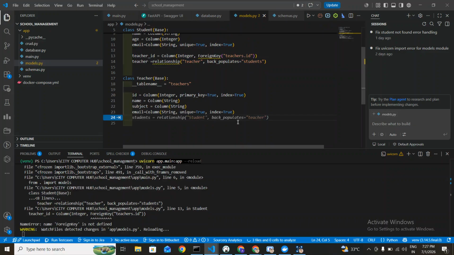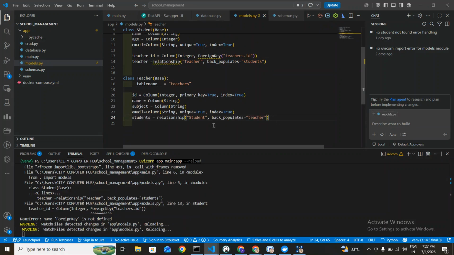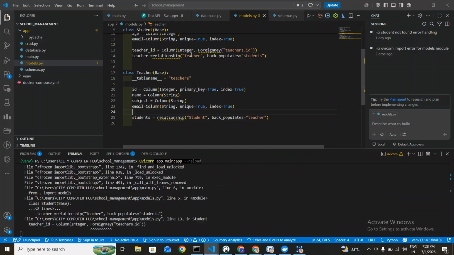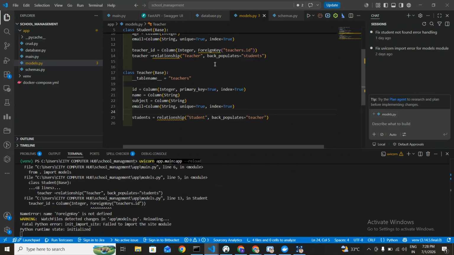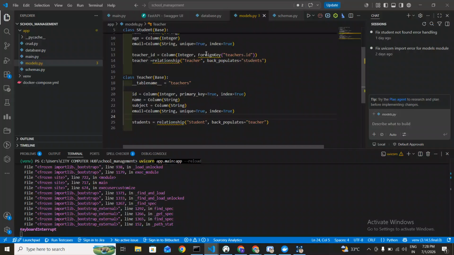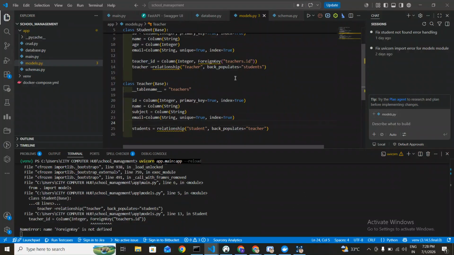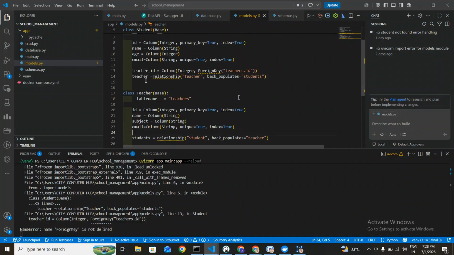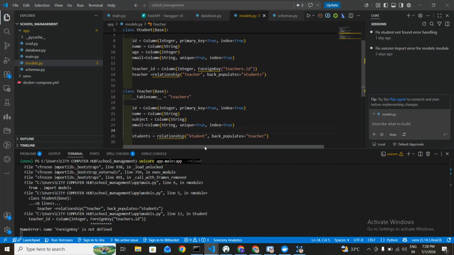which is student relationship, student backpopulates teachers. Okay, simple. We will simply define the relationship. We have already, there will be only one foreign key in a relationship. Okay, so there will be only one foreign key, ठीक है। आइदर वो टीचर्स आईडी होता, अगर हम लोग ने टीचर्स की साइड से किया होता तो वो स्टूडेंट आईडी होता, बट अभी हम लोगों ने स्टूडेंट साइड से किया है। ओके, नाउ